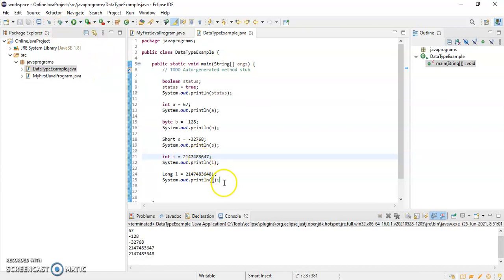Similarly for character also I can print. So just write here char, and I have to give one variable here, char a is equal to 'a', and I'm printing this value sysout a, and I'll get the output.